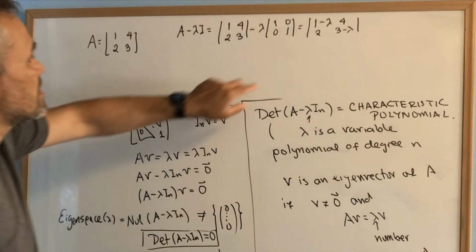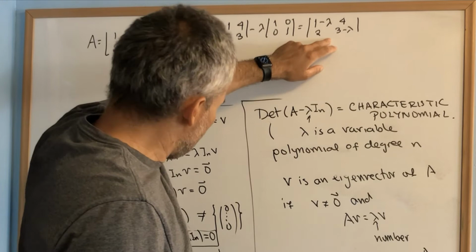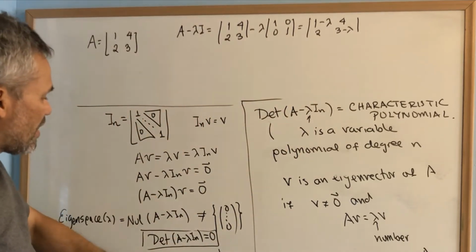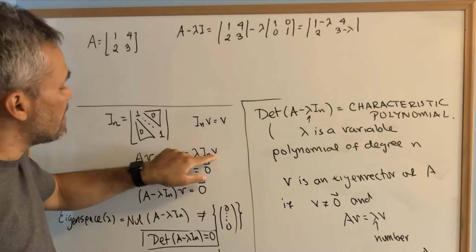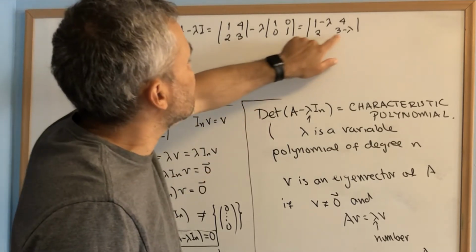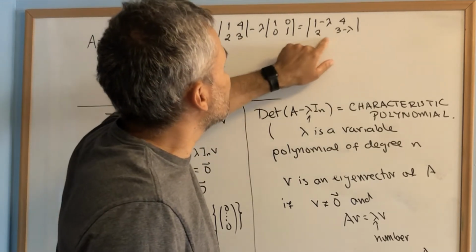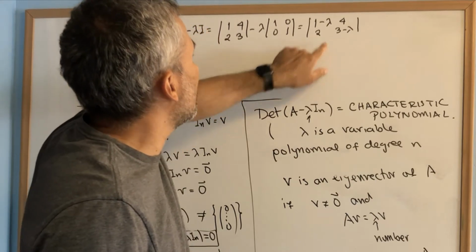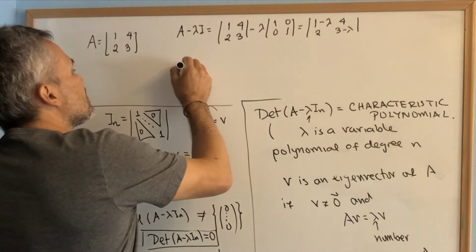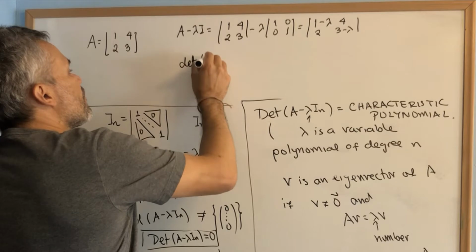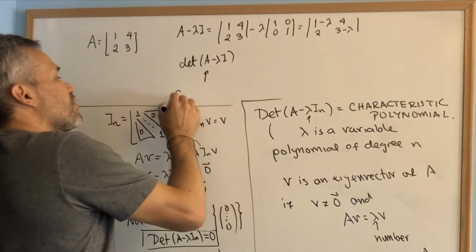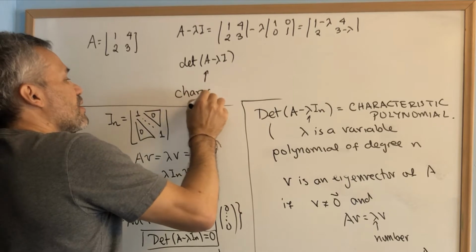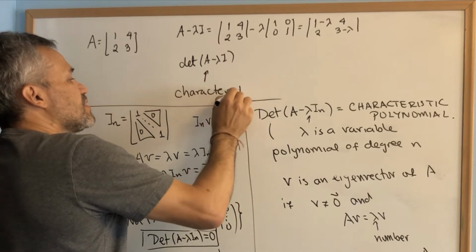And then since we want this matrix to be singular so that we can find a V such that A times V is lambda times V, we want the determinant of this matrix to be 0. But then the determinant of A minus lambda I, which by the way is called the characteristic polynomial,